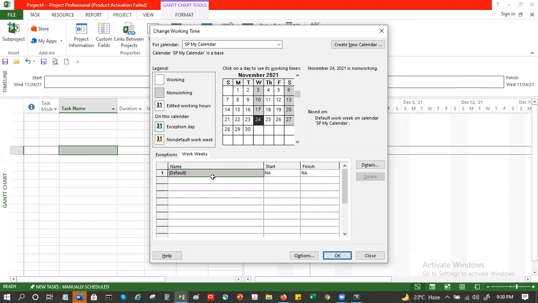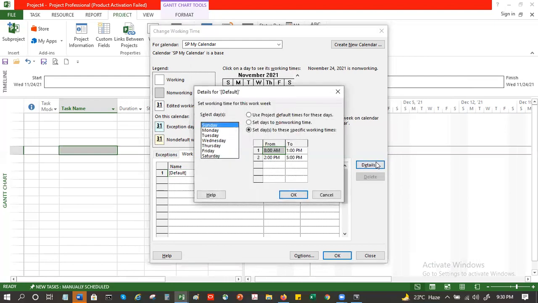Now I showed you how we can change this. Let me show one more time. In work weeks, I click on the default one and I can modify it by clicking on details. So whichever day I want as a day off, I'll click on it. Like in our case, we said Wednesday is going to be a day off.